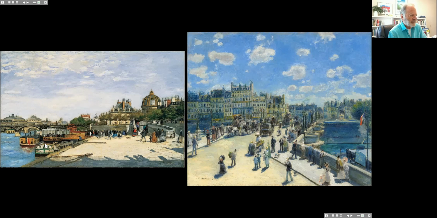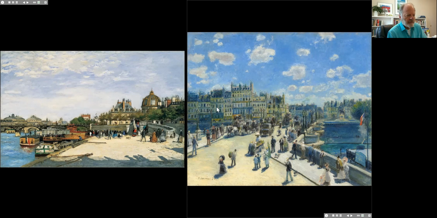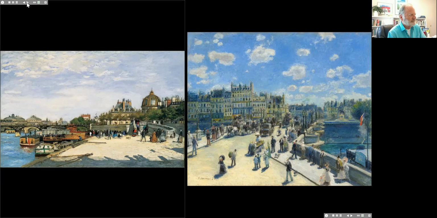The realist example is on the right-hand side, and here you can see that the coloring is really quite bright, especially the blues. In this case, the scene is backlit so that the buildings have shadowy facades. The figures are casting shadows toward us. But you notice that the lighting is much more complex, and we're seeing everything here through veils of atmosphere that makes the colors all throughout less than pure.